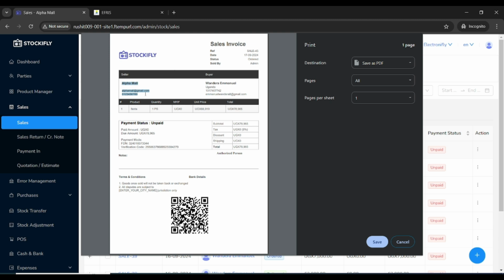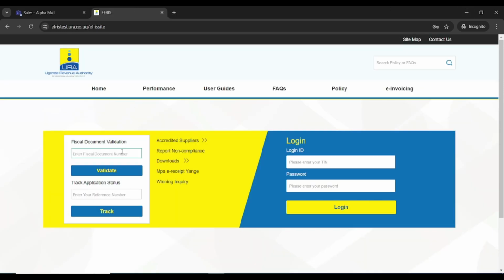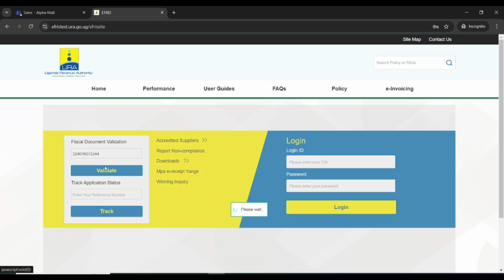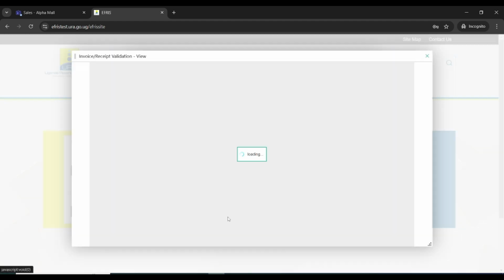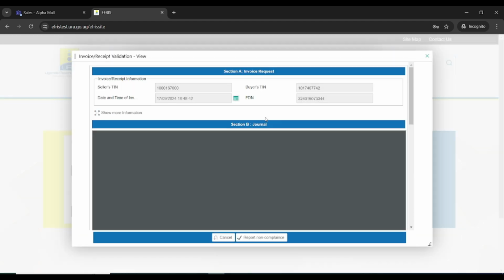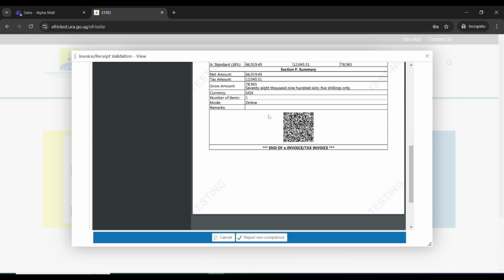Now this is the account, your buyer, your seller details. This is your seller logo. This is the FDN verification code and the QR code. So when I copy the FDN and come here, then I paste it and click on validate, you should be able to see your transaction at EFRIS. Okay,